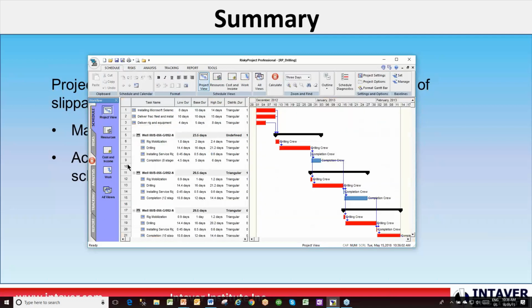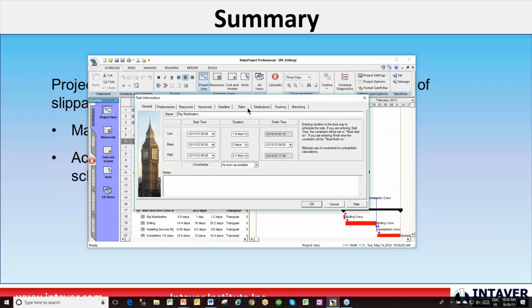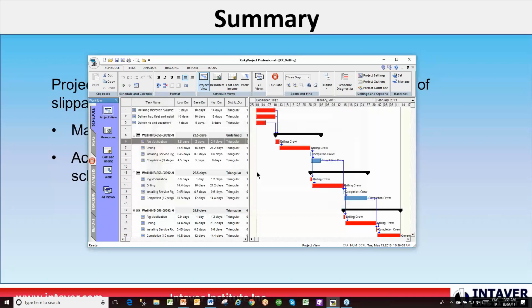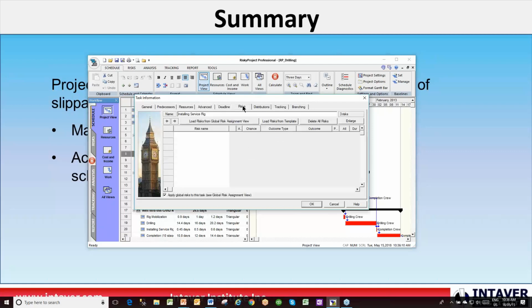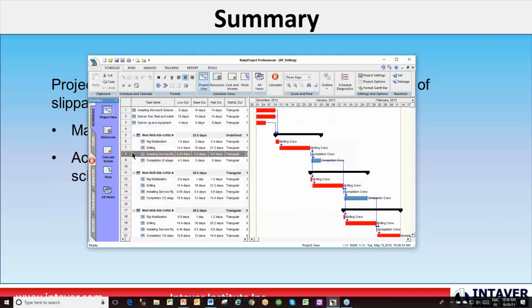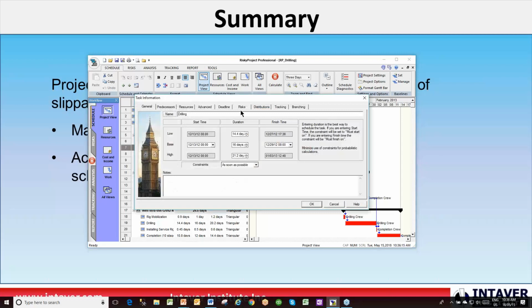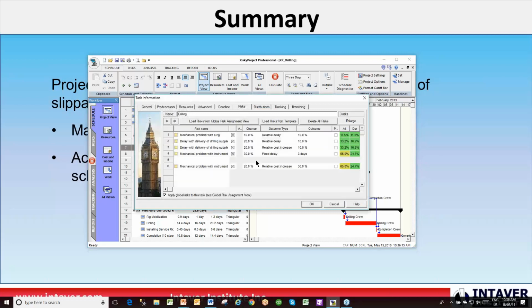We can assign risks, but that one doesn't have a risk. Let's try that one. I seem to be missing it. This one always has risks. Okay. And we can assign risks here. You can see how these have been assigned